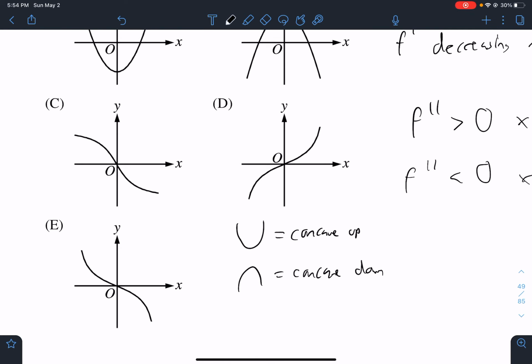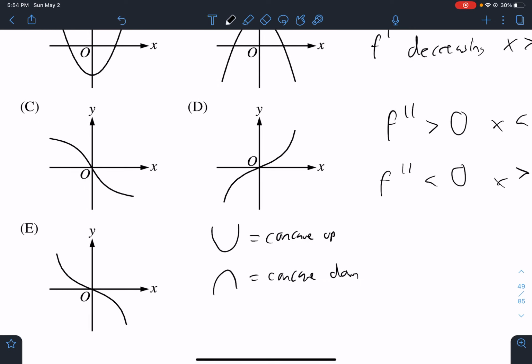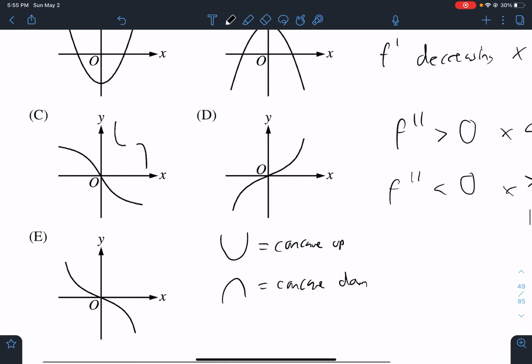For C, it's kind of tricky because we want f double prime to be greater than 0, so we want it to look like this, and then this. It's like a piecewise function. We're taking the first half of this concave up thing and piecing it with the second half of the concave down thing. And we can notice that that really looks like answer E,